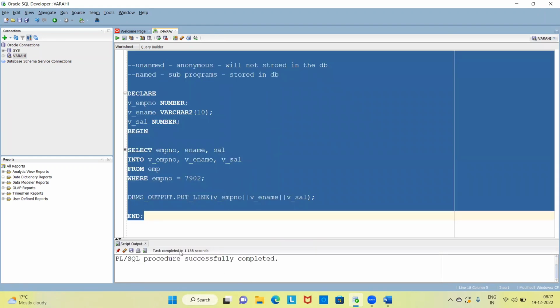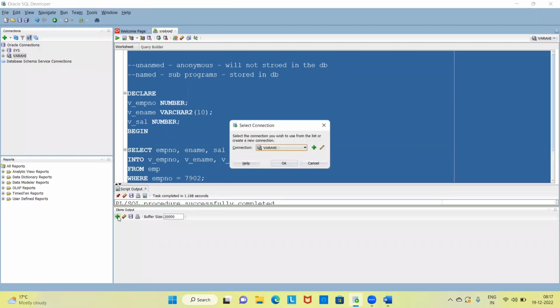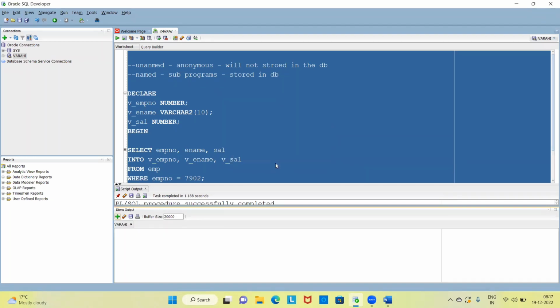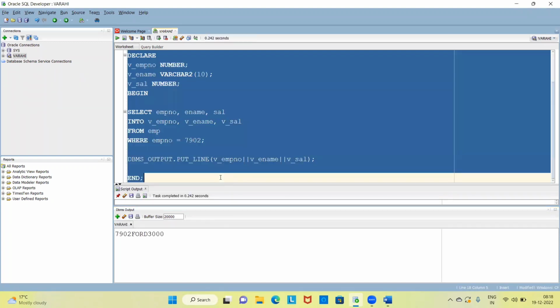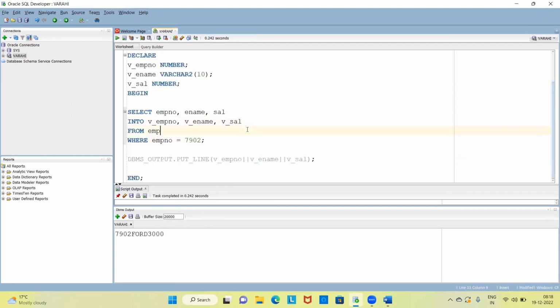Okay, successfully completed, but we have not enabled this DBMS output. Let me enable this DBMS output first. Execute it again. Okay, it says printing perfectly. Okay, so I want to pass the same input at runtime. So then what you can do? You can just use this ampersand symbol, and I'm writing some text here,